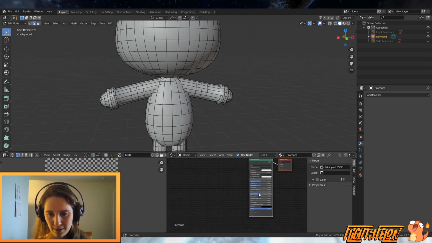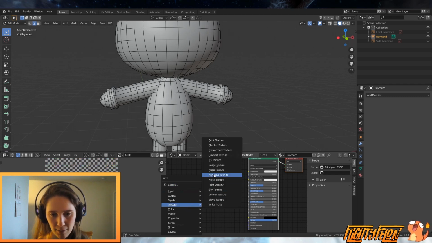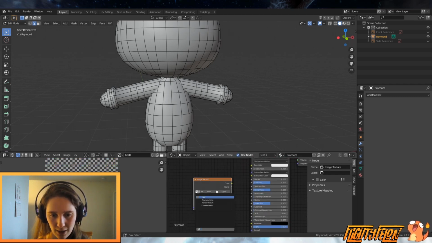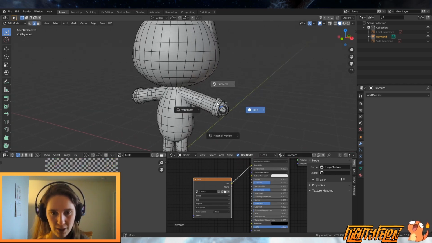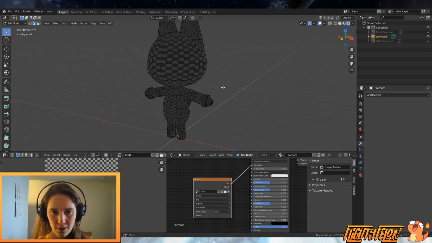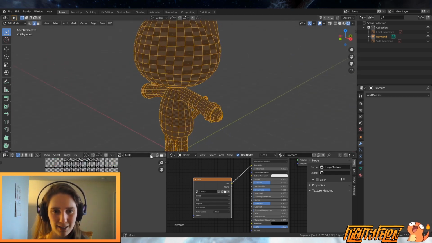And don't worry about this. This is just Blender stuff. This is complicated, but don't worry about it. And I'm going to bring in a texture. It's the texture I just created, which is grid, and I'm going to hook that into the base color. So now, if I look at it in render mode, it actually does have the texture on it, because the